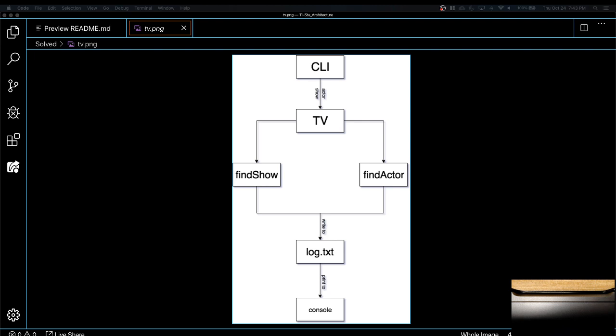So you would be exporting. Wherever you're exporting, whatever you want to be accessible elsewhere, you have to export from the files. So if you have a file called tv.js where your class is, then you